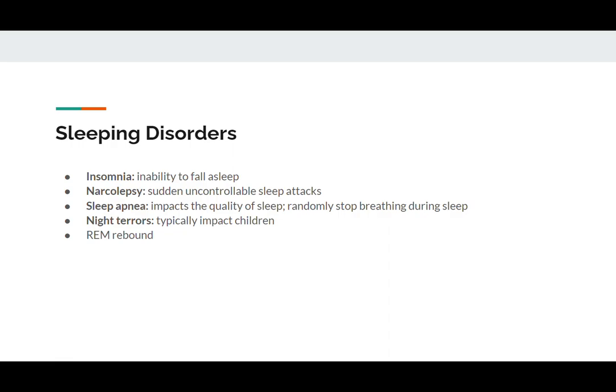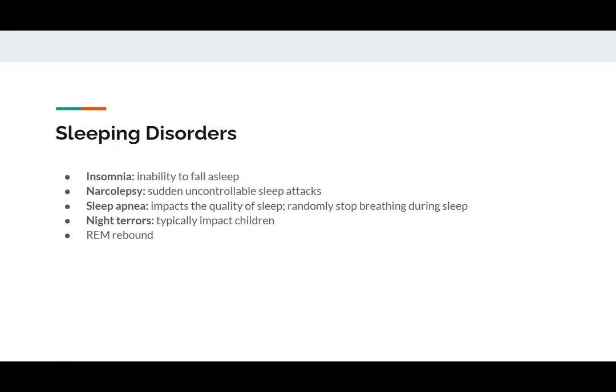I forgot to mention a common, or rather dangerous, example of narcolepsy. So imagine you are driving on the highway, and suddenly narcolepsy happens. You couldn't help yourself but fall asleep, and then imagine how serious the accident could be.